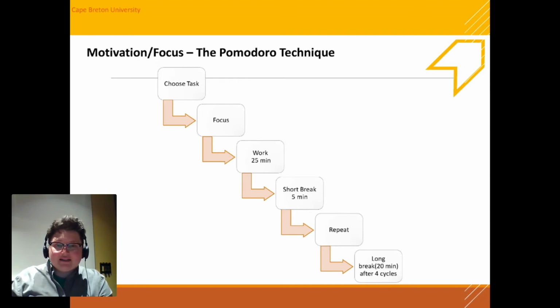We take 20 minutes or 25 minutes to really work on reading that textbook, understanding the material, making notes, highlighting sections, and then we take a 5-minute short break. We repeat this cycle maybe 3 to 4 times, and then we take a longer break. So this just helps us maybe with more complex or complicated content, or maybe stuff that might not be as interesting for us, to have that focus time